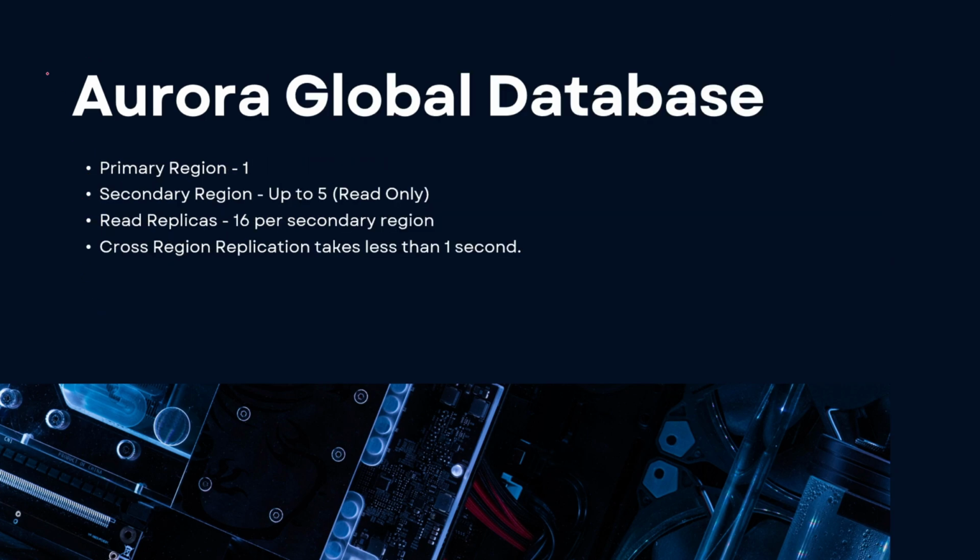Next, we're going to be talking about Aurora Global Database. As the name suggests, it's a global database. It'll be globally available. You will be selecting a primary region, and that would be one. For example, if I'm selecting US East as my primary region, our global database will be deployed in US East 1. We can have secondary regions also where we would like our global database to be deployed,